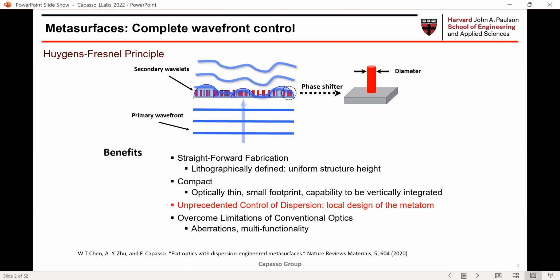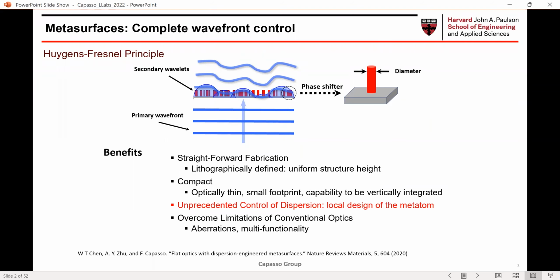The benefit of using metasurfaces is the following: you can lithographically define them. In this case, all the elements have the same height. They're simply a digital type of structure. There is nothing graded, and that makes the processing simpler. With the small footprint, you can even vertically integrate several metasurfaces. I'll show some examples. The key point, which is central to all of this area, is the unprecedented